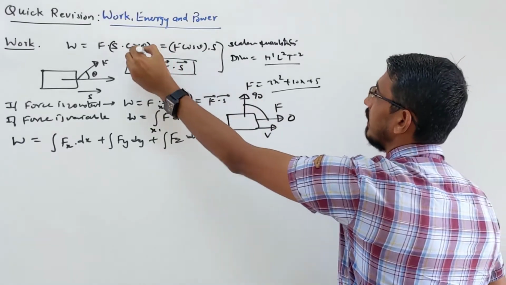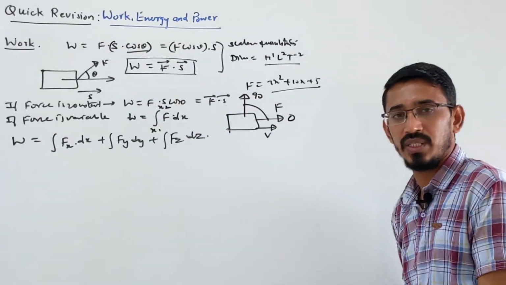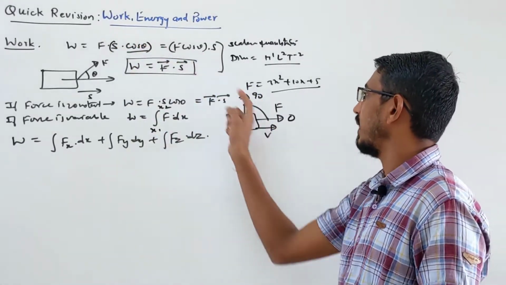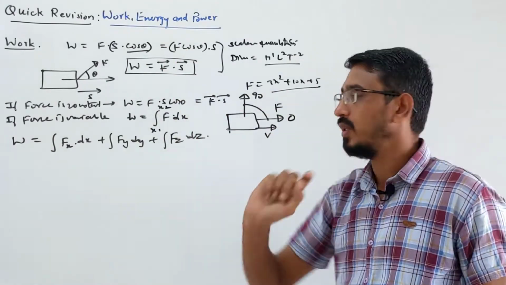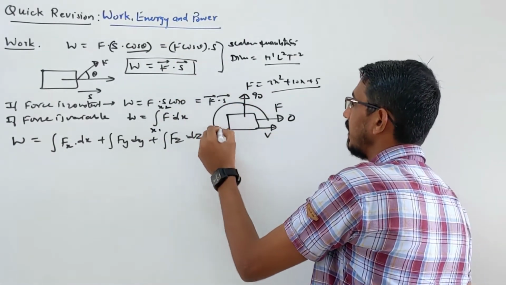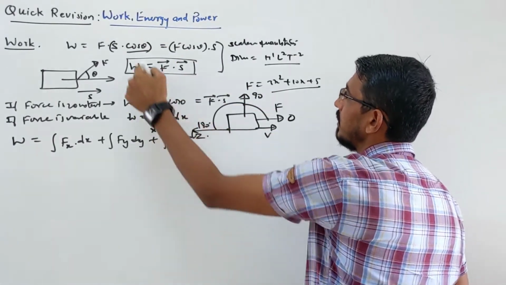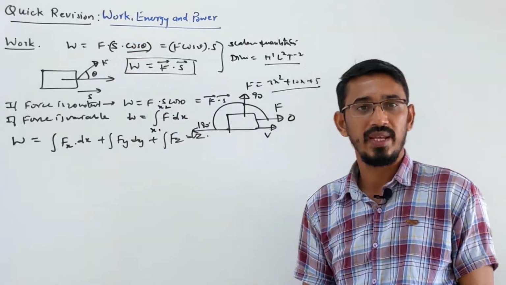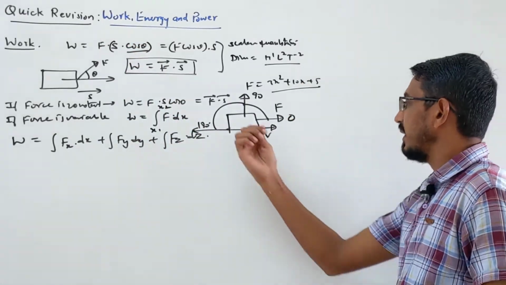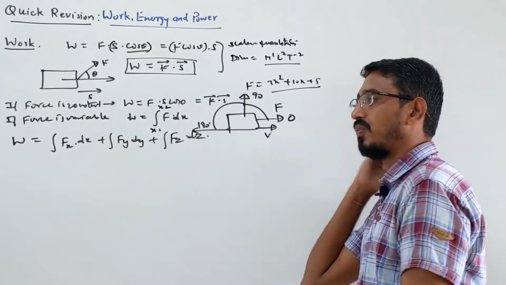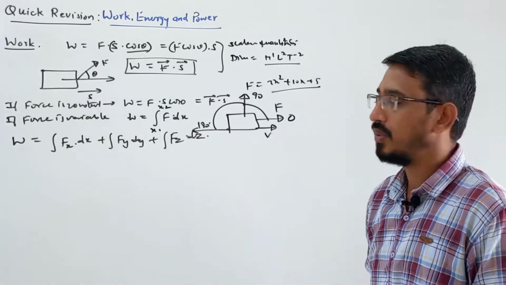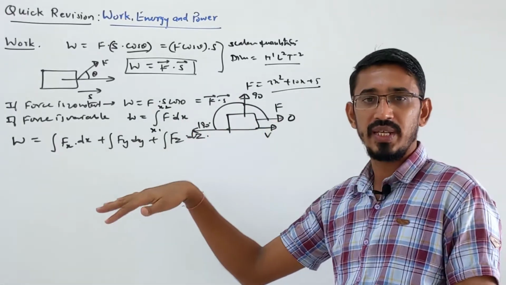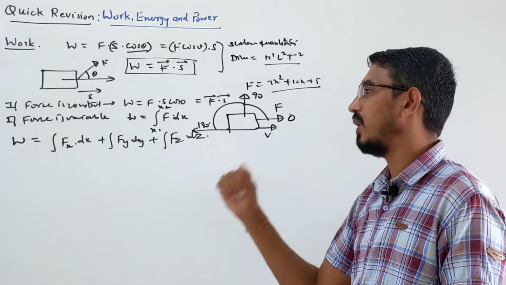If this angle is 0 to 90 degrees, your work is positive, because cos theta becomes a positive value. If your angle is 90 to 180 degrees, this term becomes negative, so work done will be negative. So if the body is displaced in the direction of the force, the work done is positive, or if the body is displaced in the opposite direction of the force, then your work is called